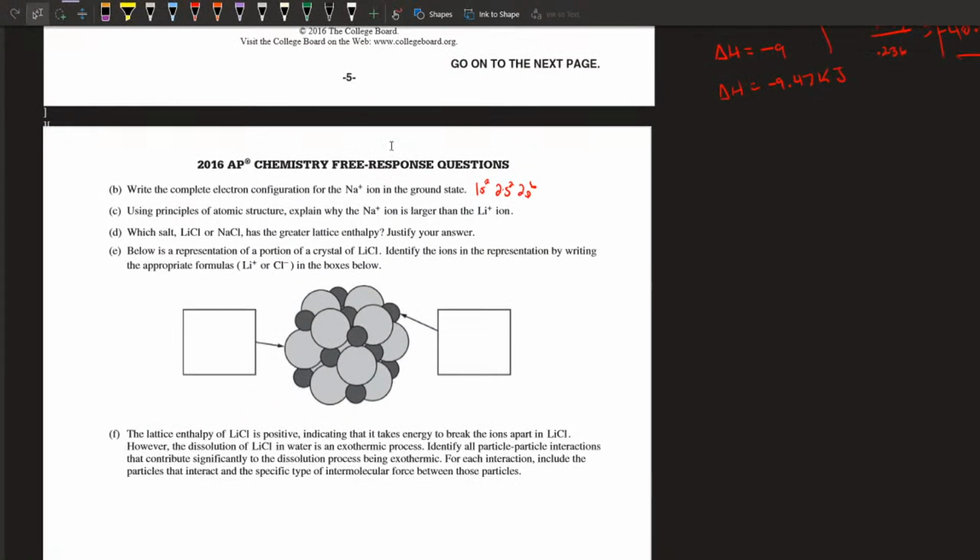All right. So question 1c. Using principles of atomic structure, explain why the Na plus ion is larger than the Li plus ion. Well, here we could write something about higher principal energy levels. I would probably write that. Sorry for my loud typing, by the way, it's just my keyboard. But I would write something like